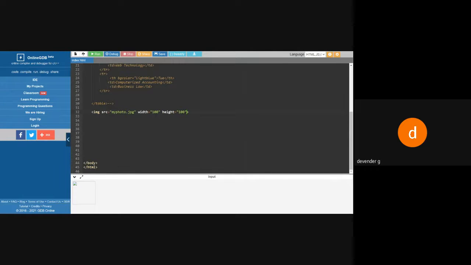Then I need something called information, so for that I'll use something called alt, and I'll say no photo. What is that? If somebody has removed your photo from that particular address which you are giving, then the information is not available, that can be the case.